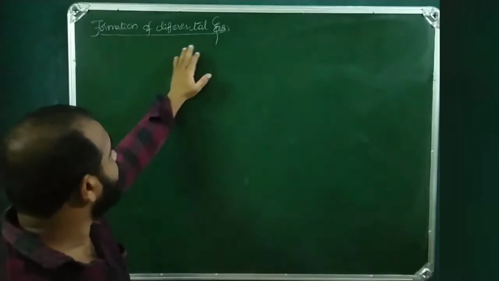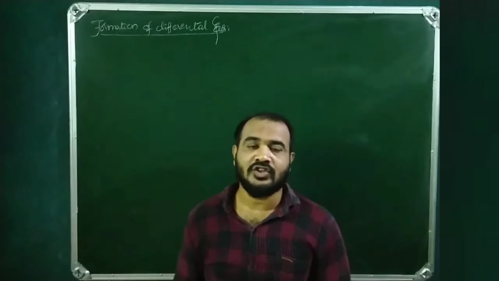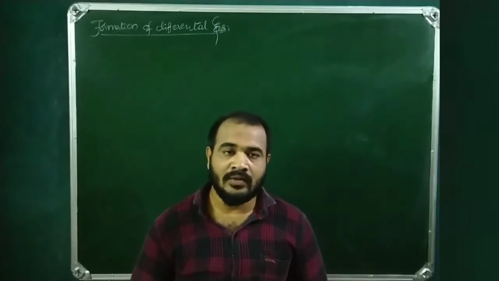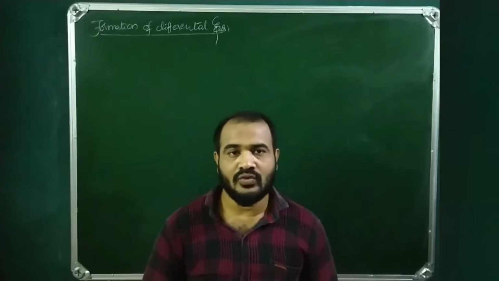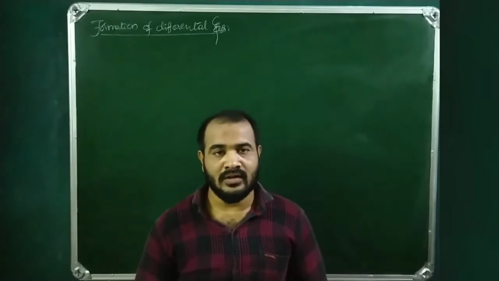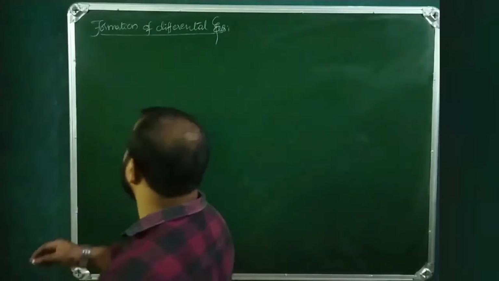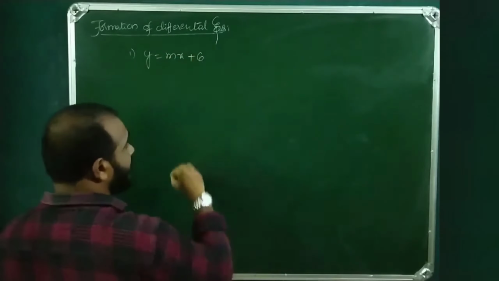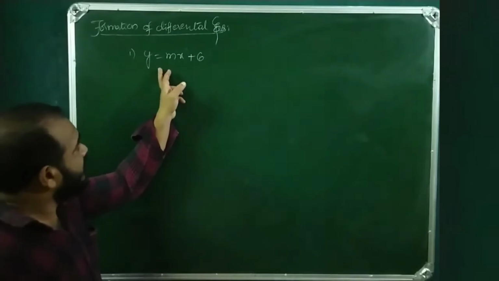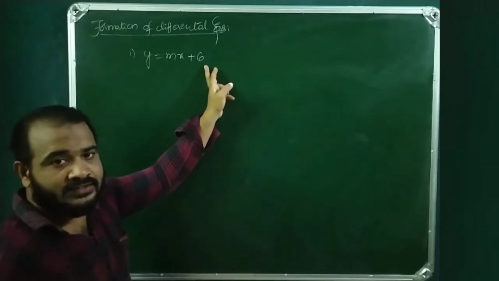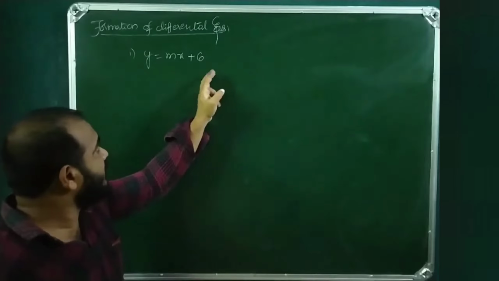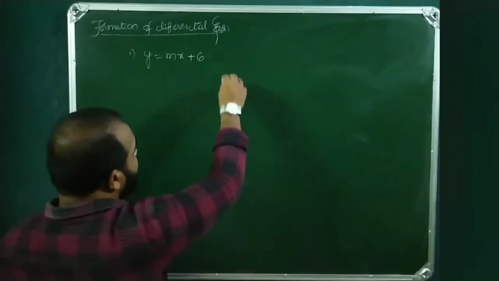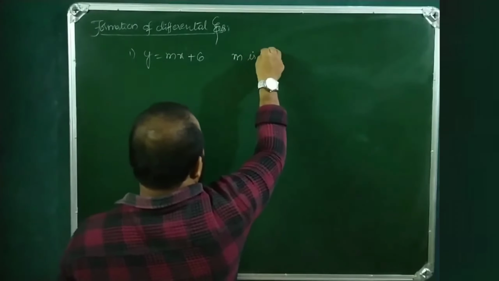Now, the formation of differential equation. We discussed the formation of differential equations through some illustrations and arrived to the general case. So, consider the single parameter equations. For example, y is equals to mx plus 6. This, as you all know, is the family of straight lines having slope m and y-intercept 6, where m is a parameter